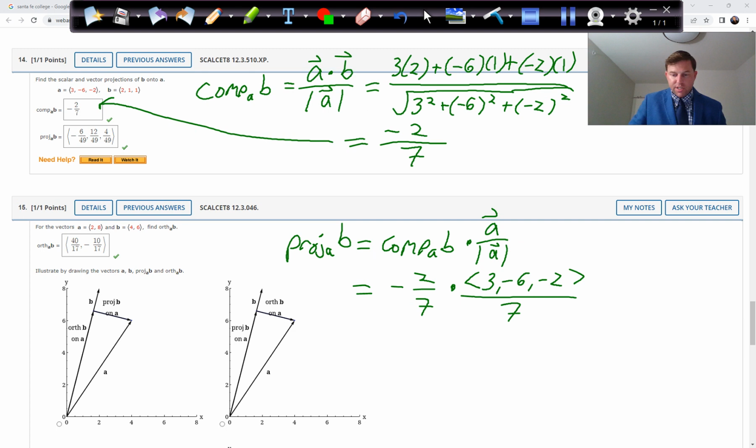So we see 7 shows up twice here, and so we're going to get